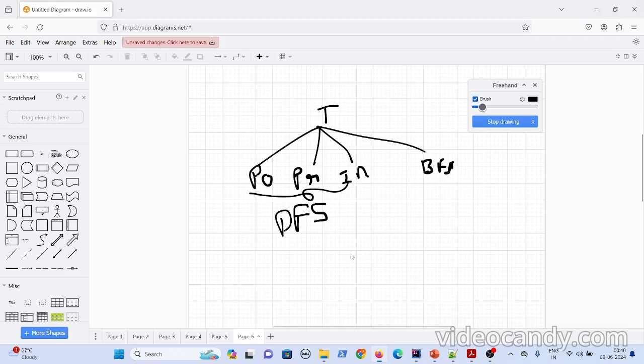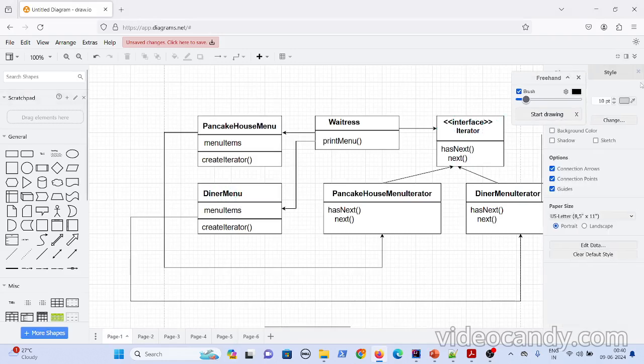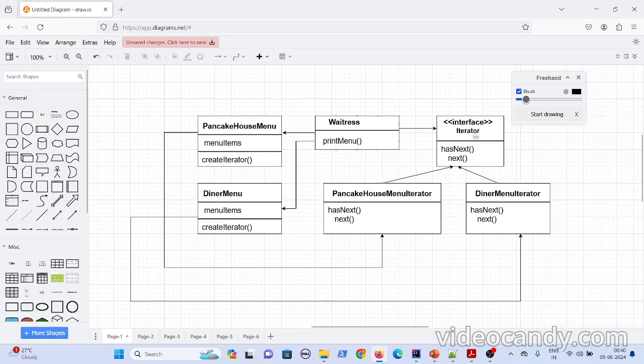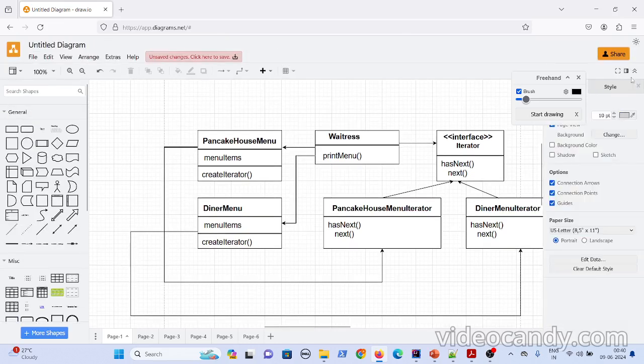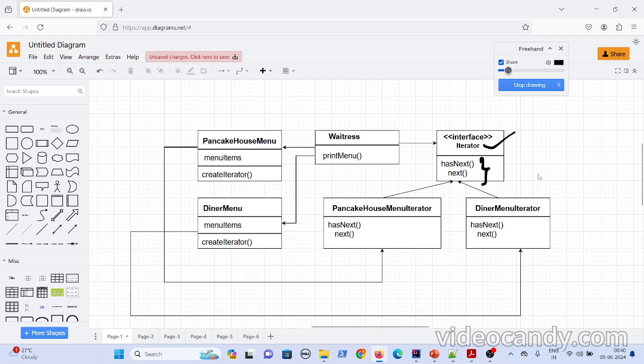Now let's see the class diagram of this. Let's see what we have done till now. We have created one iterator interface, which has the hasNext and the next methods. Now you have two menus, the pancake house menu and the dinner menu. In the pancake house menu, the menu items use a different data structure, and the dinner menu items use a different data structure.